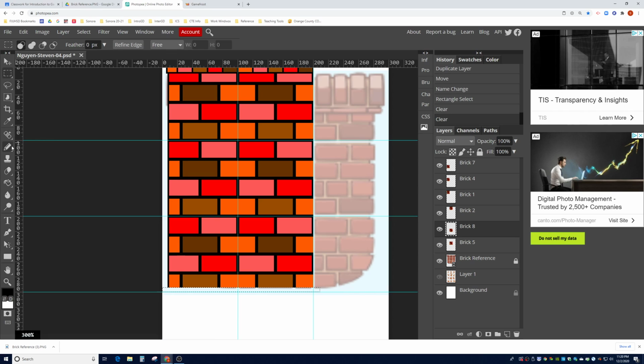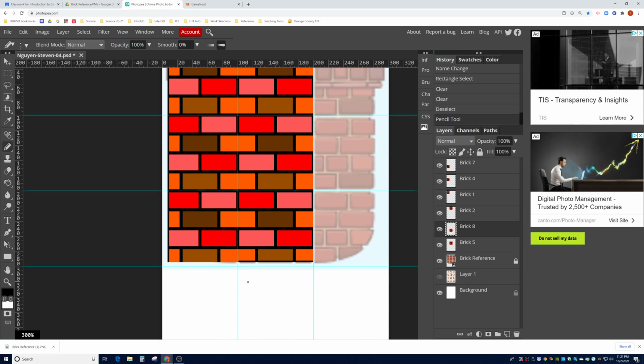We can use our pencil tool and pencil it in. Now remember that we have a rectangular area selected. Just left click anywhere so that you don't select anything. Go ahead and use the pencil tool. I'm going to click on brick number 8 and just draw myself an outline here. I'm just going to start right here, hold shift to draw grout lines there. I want to make sure I'm accurate here because I don't want to draw outside of my canvas, so